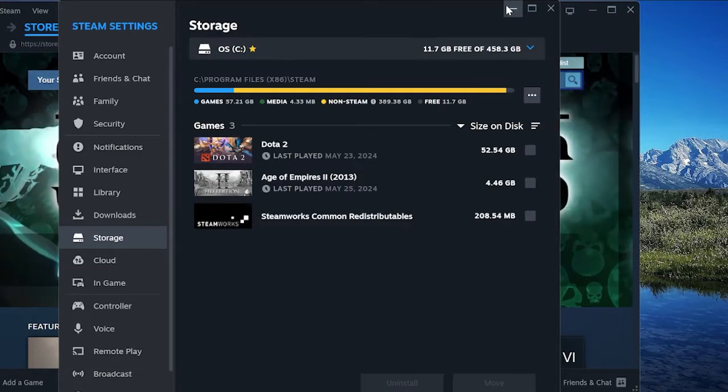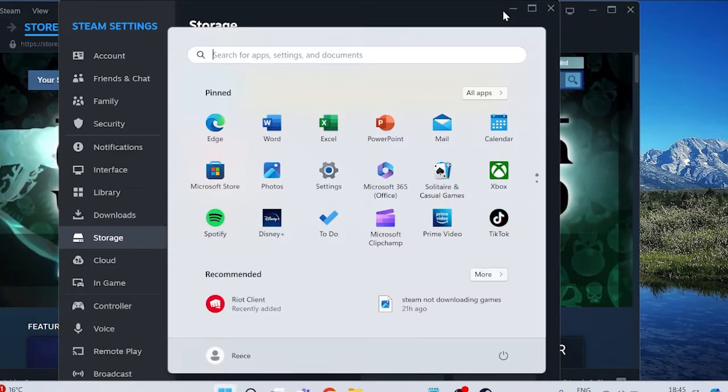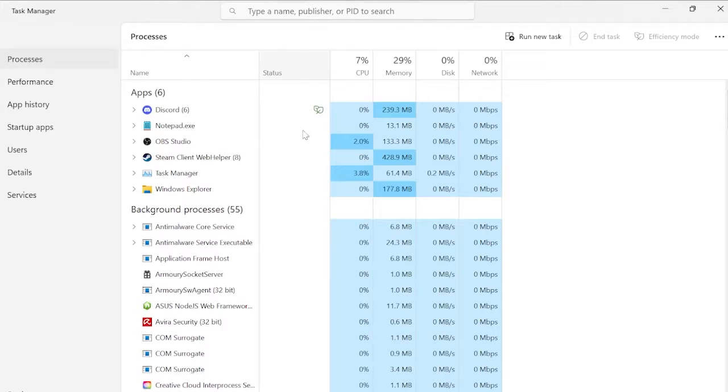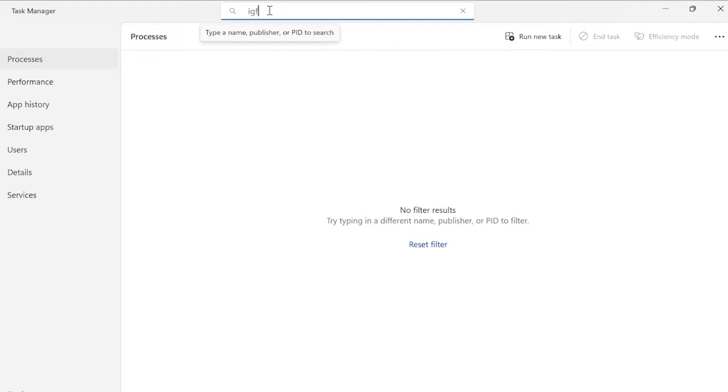The next thing we can do if that's still not working is we can come over to our Start menu and search for Task Manager, and then tap on the Task Manager icon. Inside of Task Manager at the top here, you need to come to this search box, and we're going to search for IGF. Now what we're looking for here is a process called